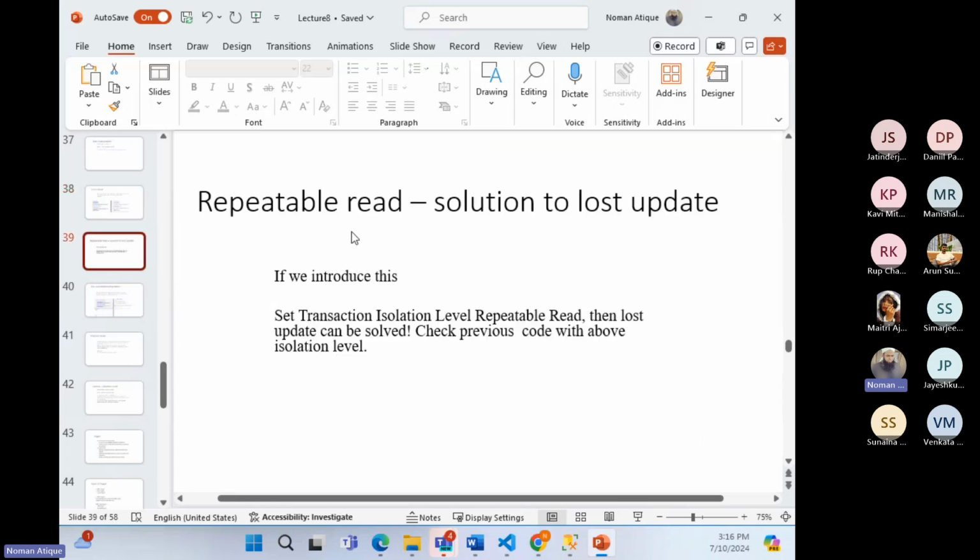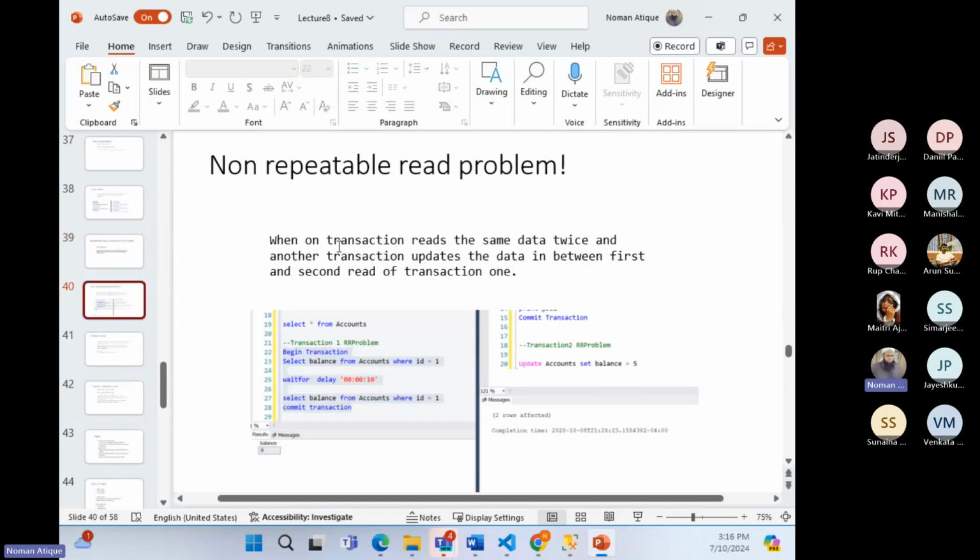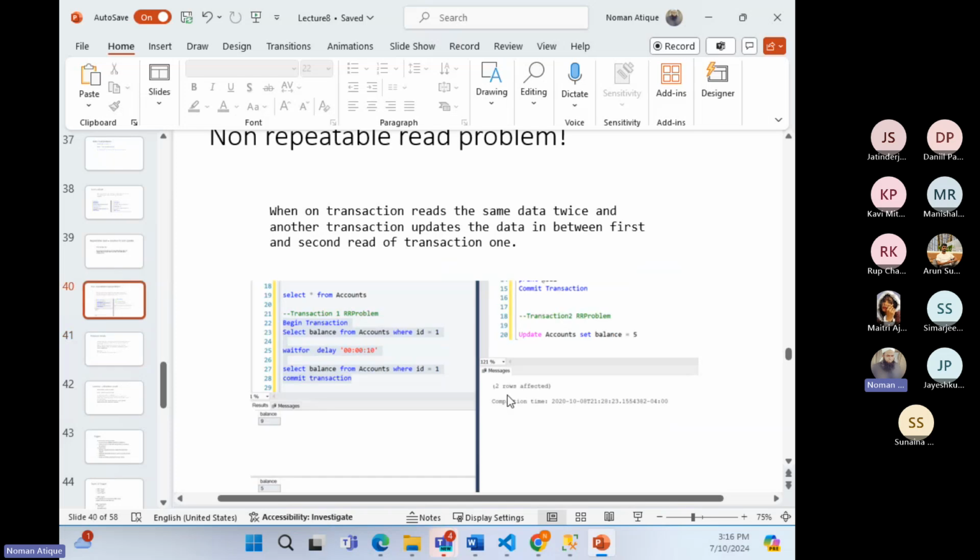Now comes the next one. So repeatable read, we have done that. If there's a repeatable read, it will just update and it will lock that one. Now the non-repeatable read problem: when a transaction reads the same data twice and another transaction updates the data in between the first and second read of the transaction. So now what we are doing is that the transaction reads the data twice and another transaction updates the data in between first and second read. So if something has changed the data in between these two reads, what will happen, what do we have to do, and how would we solve that problem,